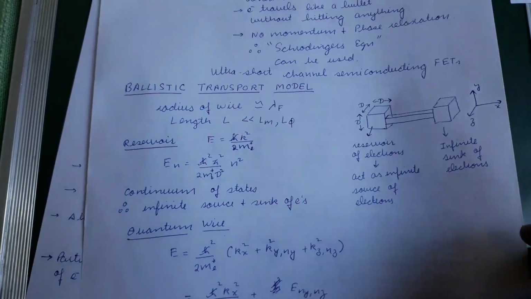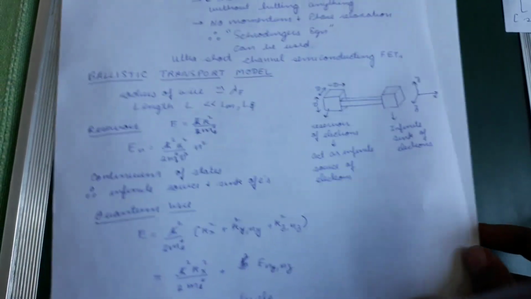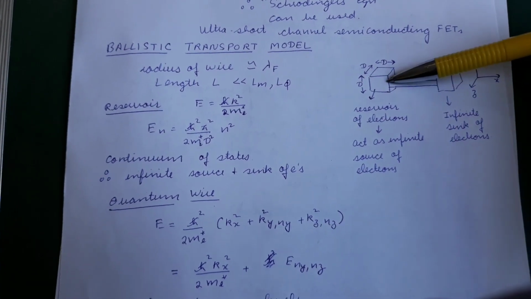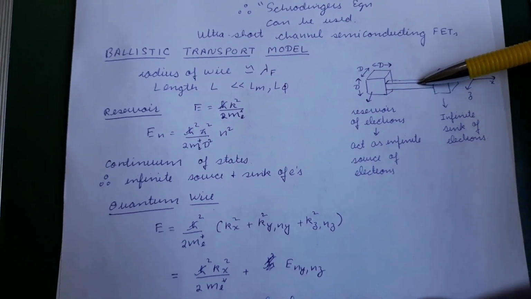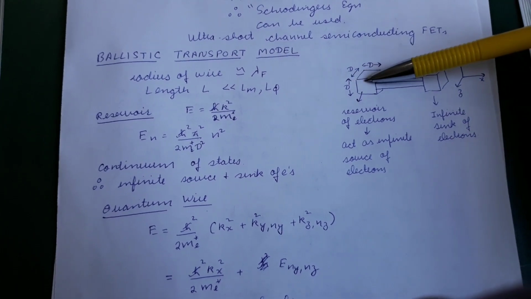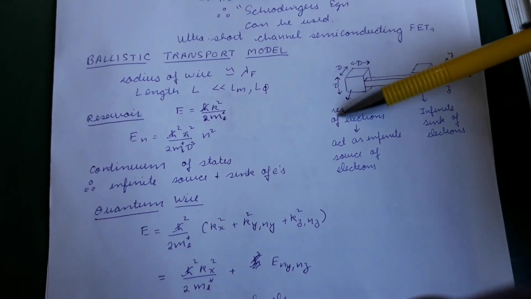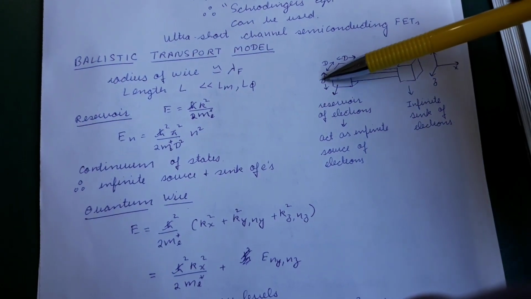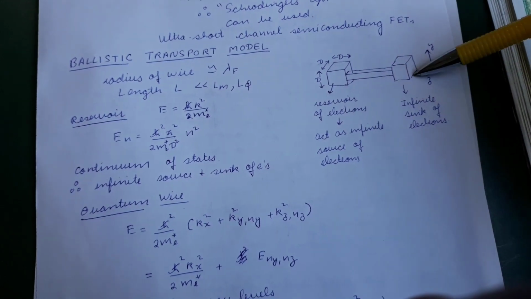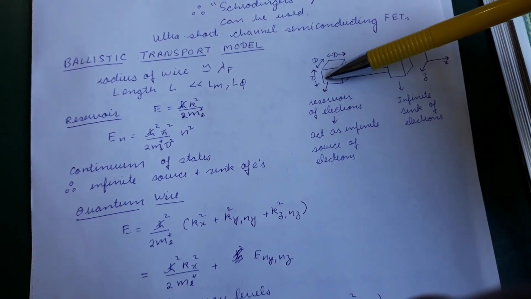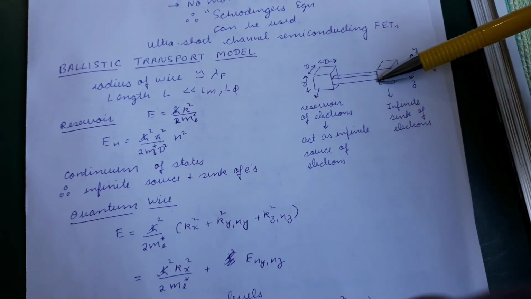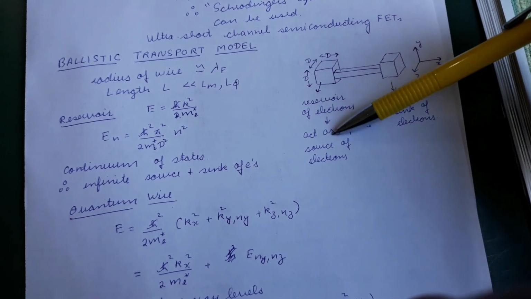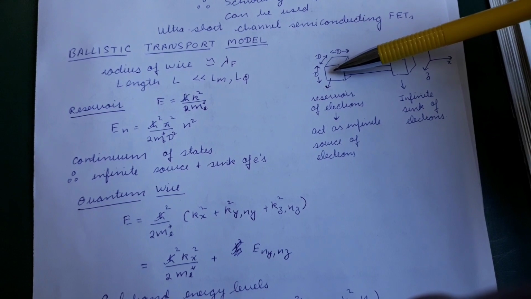Now let's understand what we mean by ballistic transport. Say this is our channel, which has a radius of the order of the de Broglie wavelength. To provide current to this channel we have to use cables and wires, and a potential source. We consider these wires as bulk materials, which are in contact with our nanowire, and we consider them as reservoirs of electrons.